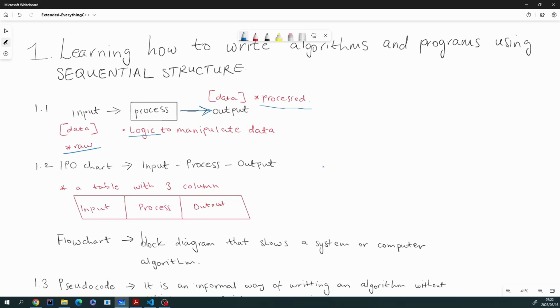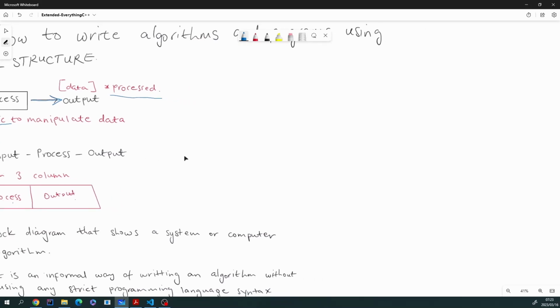So now the first sequential structure that we will look at is what is called an IPO chart, which stands for input, process, output. So it's also based on input and output data. Now what this IPO is, it is a table that has 3 columns. So these columns define your input, your process, and your output. Now I just want to quickly give you an example of an IPO diagram with a simple problem. Let's say we had a problem statement that requires us to calculate